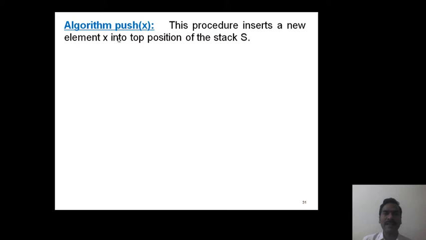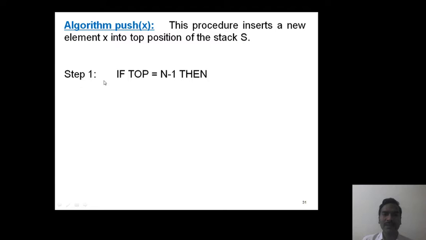Now observe this algorithm format, algorithm push of X. This procedure is used to insert a new element X into the top position of the stack. For this, first we check whether the stack is overflow or not.